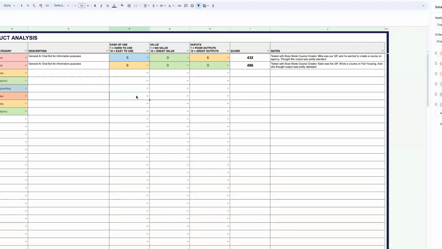All this is, this is not something that teaches you how to use AI. It's simply an organizational tool to help you make strategic decisions on what type of AI you use. I mean, I don't want to sell this thing as like, oh my God, it's the greatest tool in the world. It's a strategic tool.